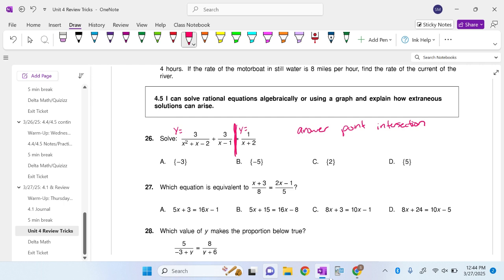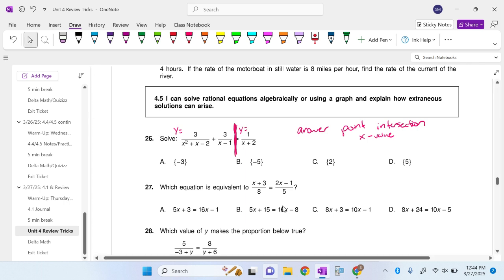What value of the point do you think they'll use? What do we typically solve for when we solve an equation? It's the x value of the point of intersection. That's your answer. You can use that for almost any equation. If you have an equal sign, take one side of the equal sign, graph it in Desmos. Take the other side, graph it in Desmos. Find the point of intersection. It's the x value. So just to show you,